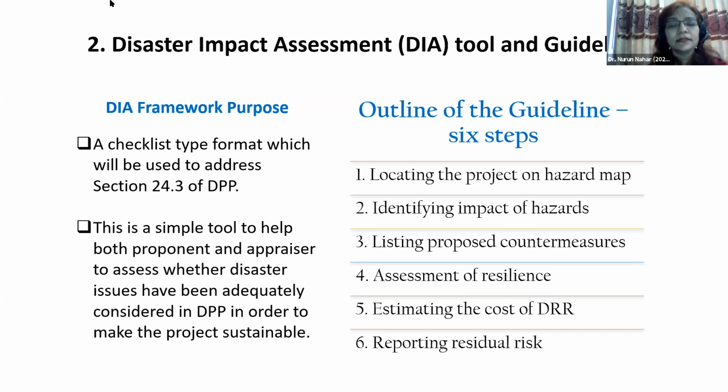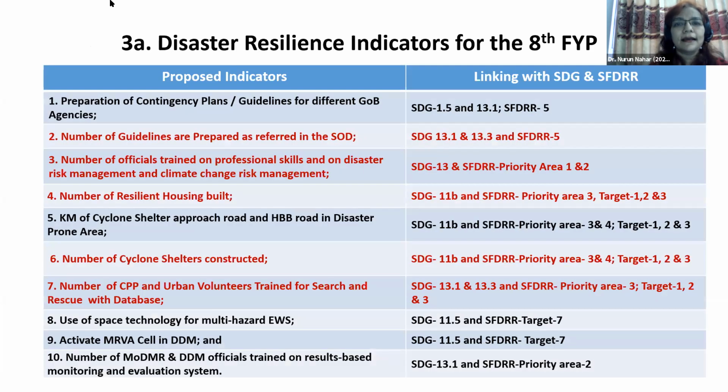It will be based on the sector's own nature and also the ministry's own mandate as well. But this will be supported by the DRIP system. And of course, capacity building will be there. So it will be easier as time goes, easier for them to exercise the DIA while writing the development project. And the next activity we have is